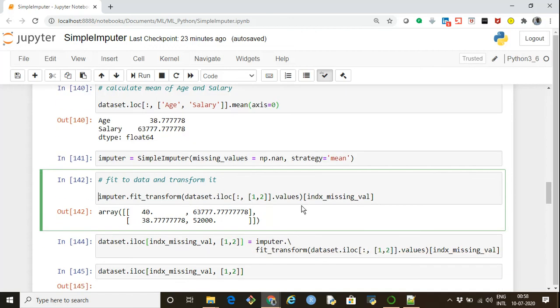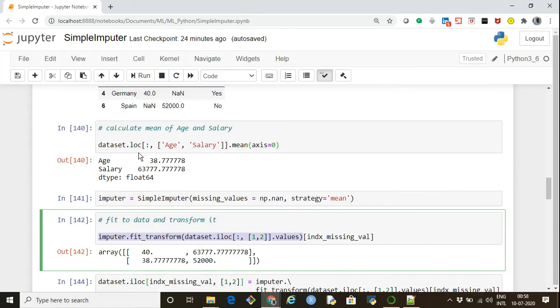Now this part will actually do the fitment and the imputation. After that I'm passing that index of missing values so that I can display only those records which were having missing data. So if you see, there were only two records, 4 and 6, which were having missing data.